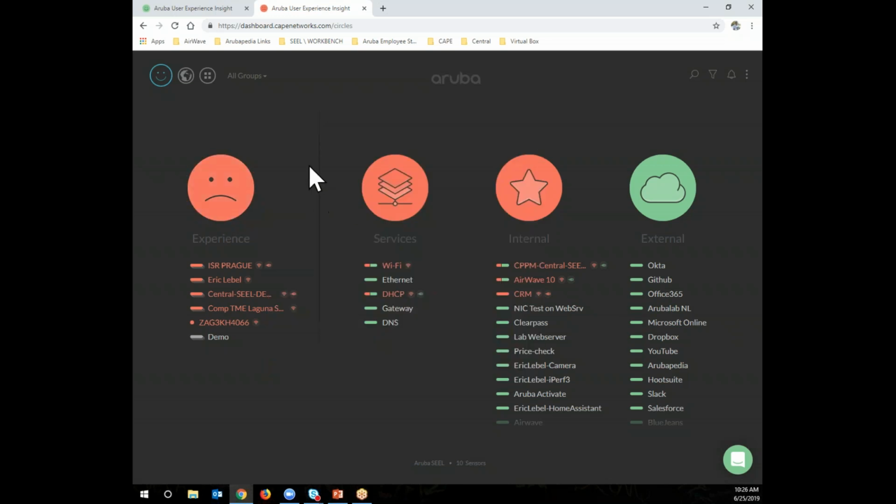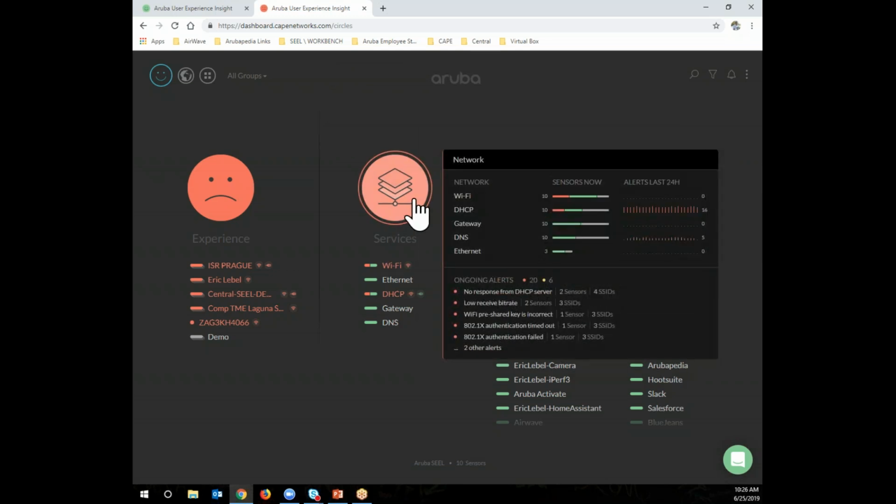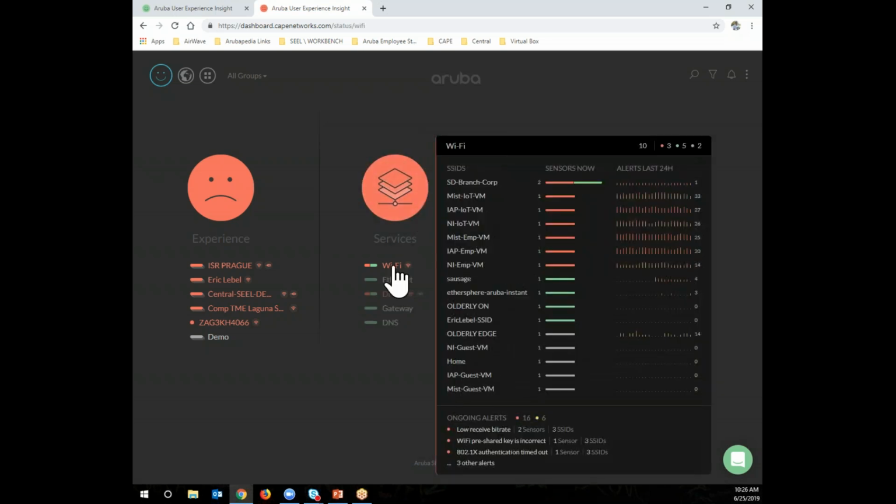So that screen, when you go into testing mode, testing screen, you can see I don't have all the original buttons I had up top because it's Seal Lab. But it also goes here and says, all right, what's my services? My Wi-Fi's got 10 hits. DHCP. Oh, the gateway's good, DNS is good, and Ethernet's good. So my wired part's good, but I have a lot of problems with my Wi-Fi in this instance. So I just click on the Wi-Fi,